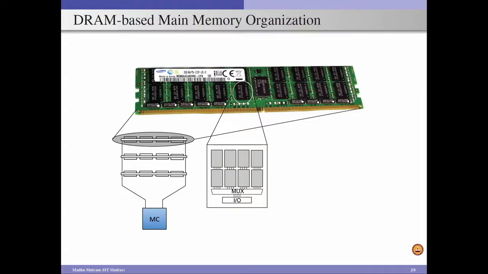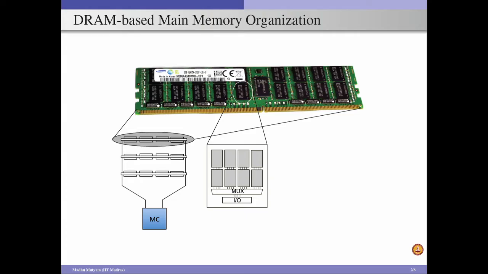So there is a memory controller which is connected to multiple DIMMs, or which is controlling multiple DIMMs, and each DIMM has multiple devices on it. And if you look at each of these individual DRAM devices, which in turn consist of a collection of rectangular boxes, these boxes we call sub-banks. So in this particular example we consider 8 sub-banks within a single device. So we have a collection of DRAM devices on a DIMM, and each device in turn consists of a collection of sub-banks,